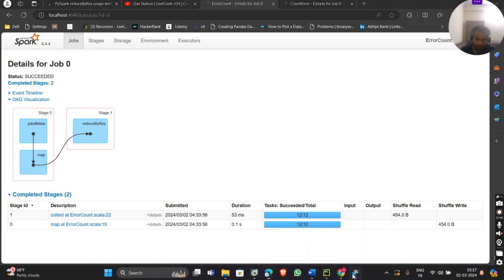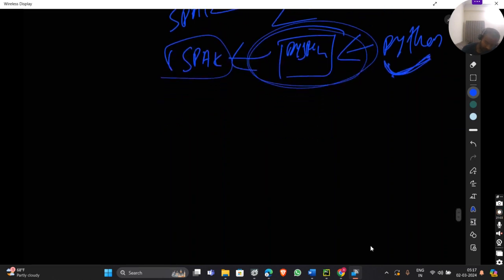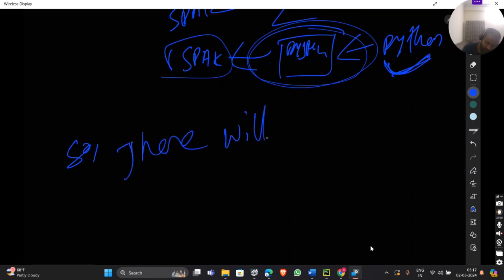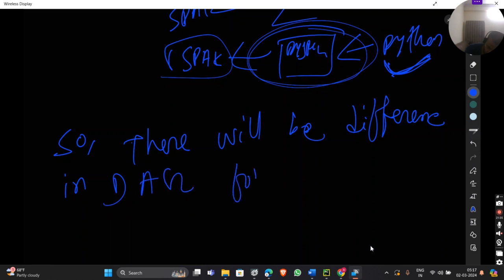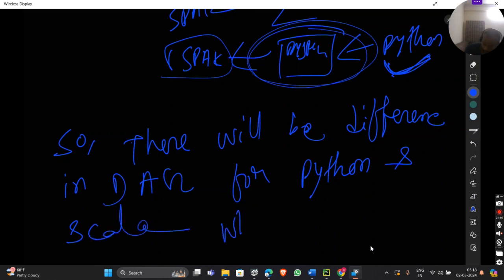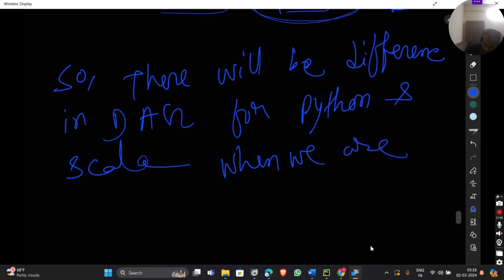And one thing I want to say about this difference: the conclusion is there will be a difference in DAG for Python and Scala when we are working